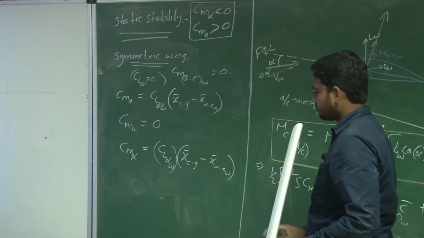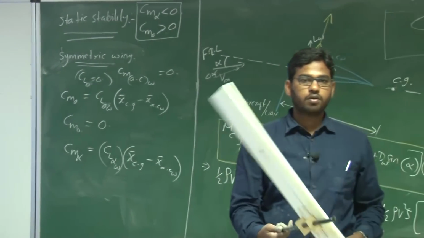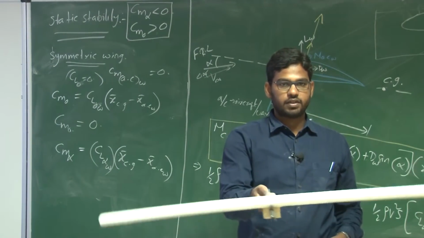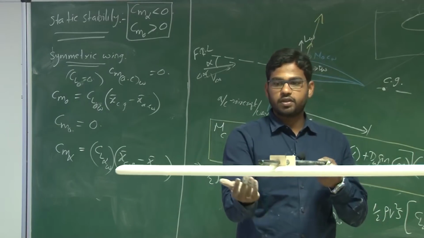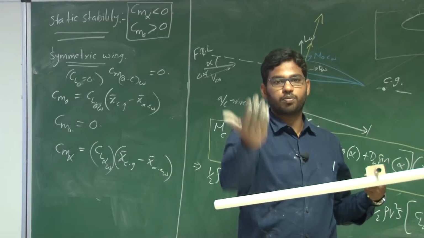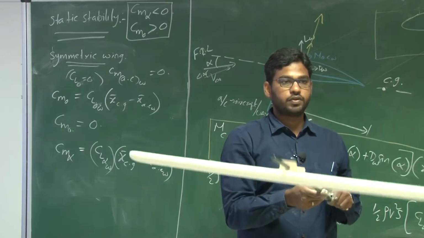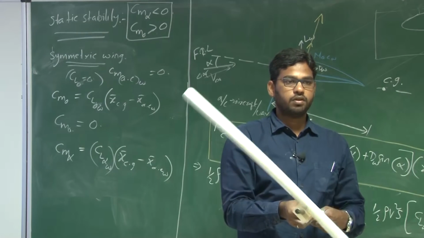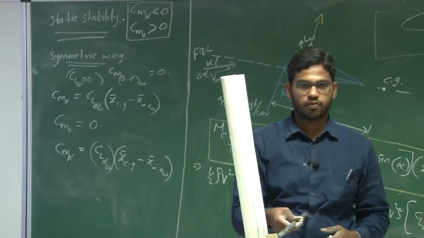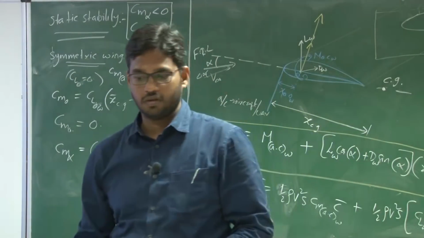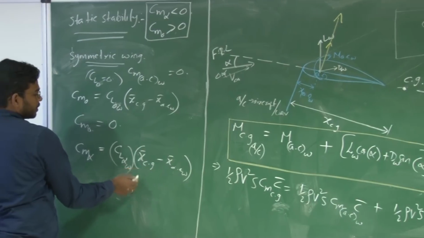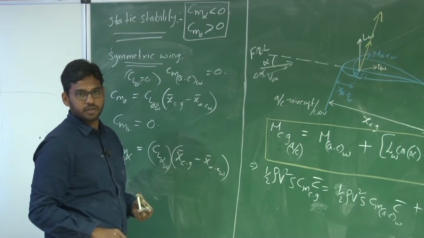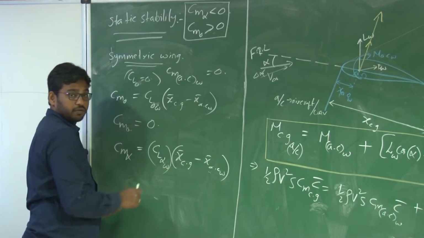Understand? So for an acrobatic aircraft, you need to produce equal force on either side. So let us say if you performed a roll, right, the aerofoil in this orientation should also produce equal lift, I mean lift equal to the weight. So for an acrobatic aircraft or a 3D aircraft, you need to use a symmetric aerofoil, a symmetric profile that produces equal force on either side. So if the AC is ahead of the CG, you have Cm alpha negative, right. For a wing alone configuration to be stable, the aerodynamic center should be ahead of the CG.